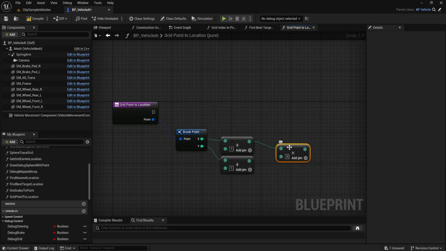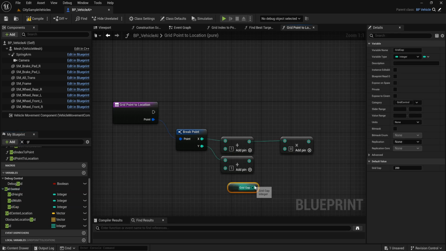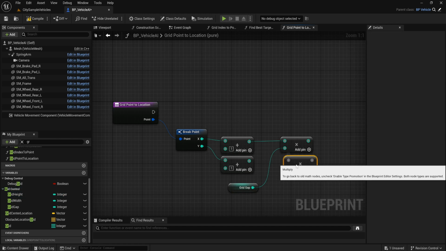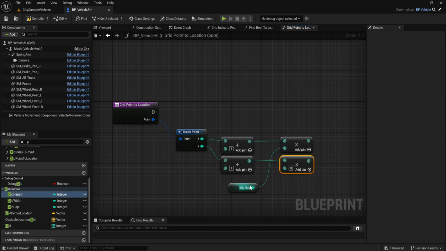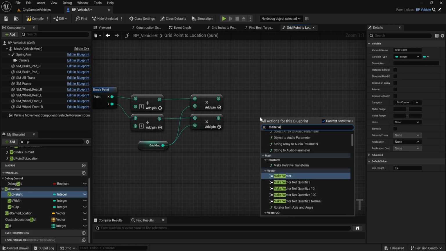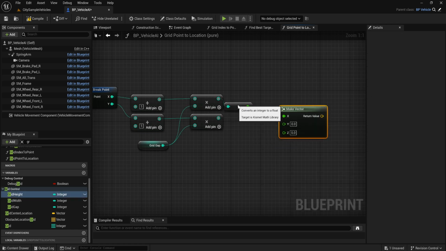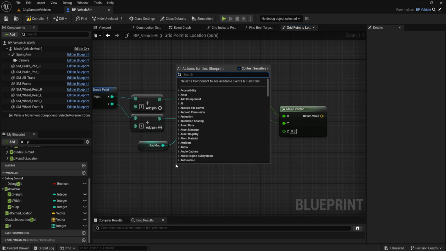Multiply. Find grid gap. And multiply with this grid gap. Make vector to x, y, get